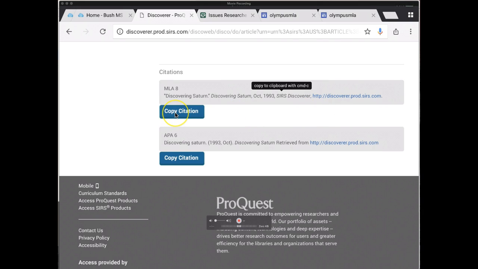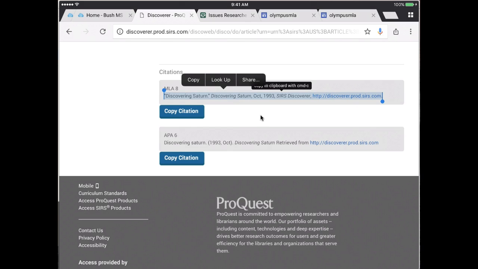If you were just to click or tap on Copy Citation, you would get this command, which doesn't make sense. You're not able to do that with an iPad. However, if you go to the citation and press and hold over a single word and then select Copy Citation, that will do the copying for you. It's not very intuitive. It wouldn't be super easy to figure that out without a little bit of instruction, so that's why I wanted to go over that with you. Then you would select Copy,